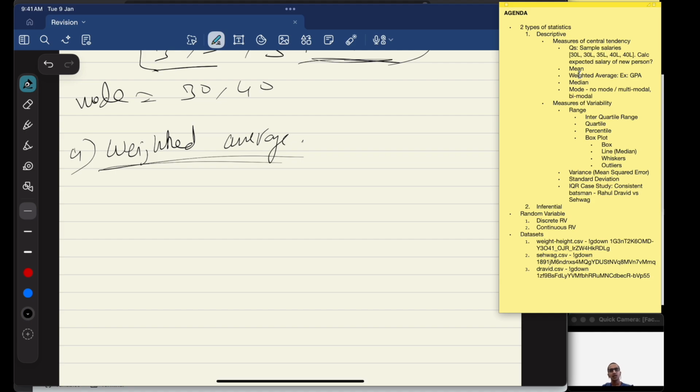The best example is the GPA. Like in your college, you have grade point average, right? Like you have studied several subjects, and not all subjects have equal weightage, right? Like maybe you studied a subject called moral values, and there is another physics subject, there is another chemistry, and